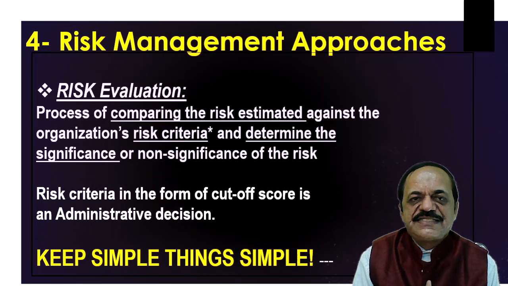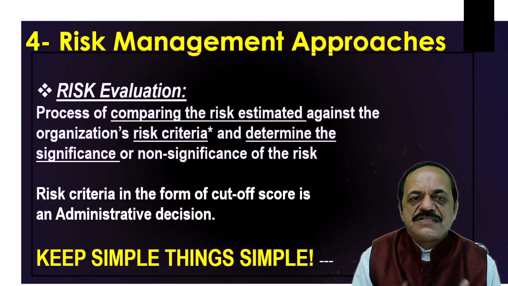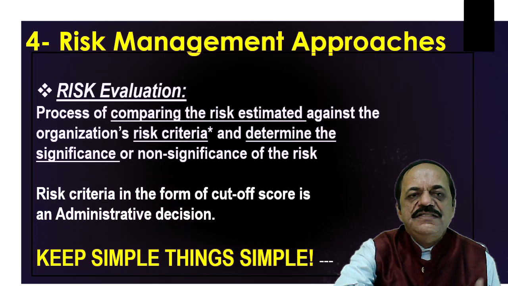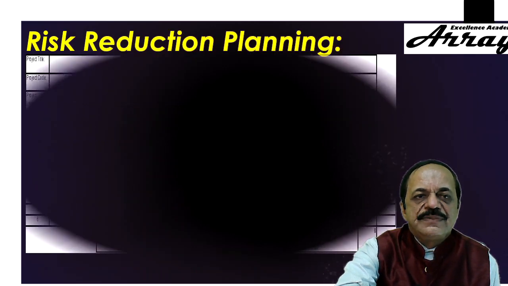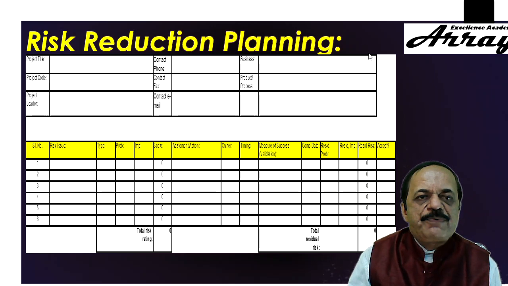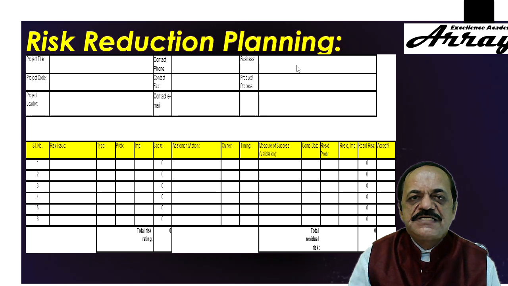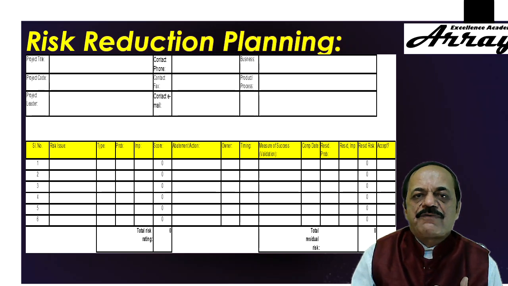As I gave the example of 36, any risk number more than 36 is significant. Any risk less than 36 is non-significant. These are the things we learned so far. All these learnings we used to populate a template here for quick reference and fail-free actions without any missing or without any duplication. Here in this table, we write the project details first, the project name, who is the project manager, and so on. Then we give the contact number and project unique identification number if it is there, and so on. Then we mention which is the business process for which we are doing the risk reduction, or which is the technical process, or the process steps, or the approaches for which now you are going to do the